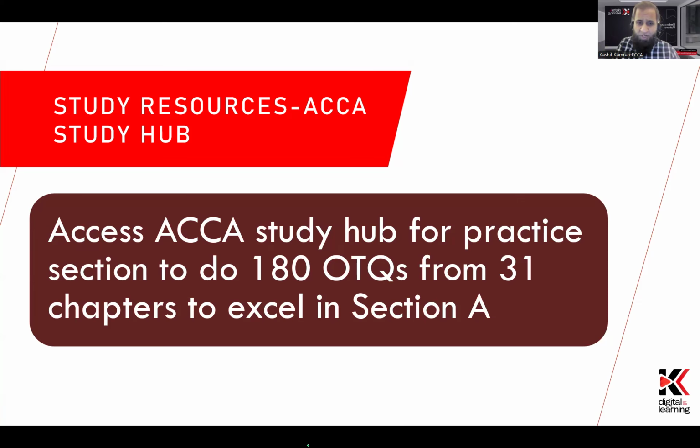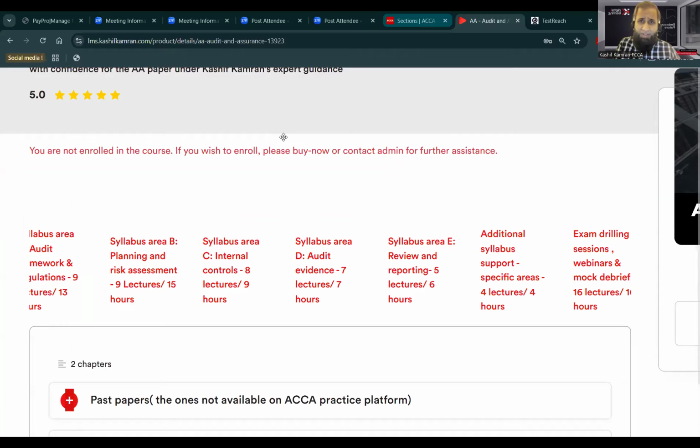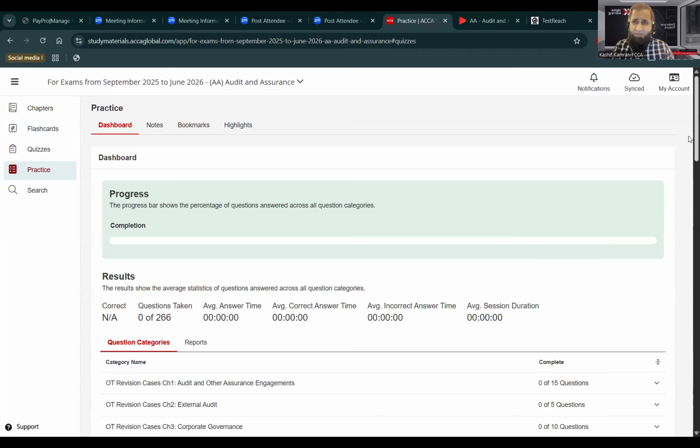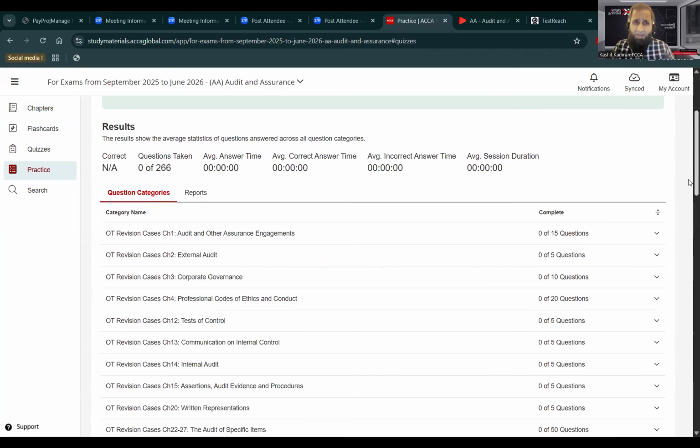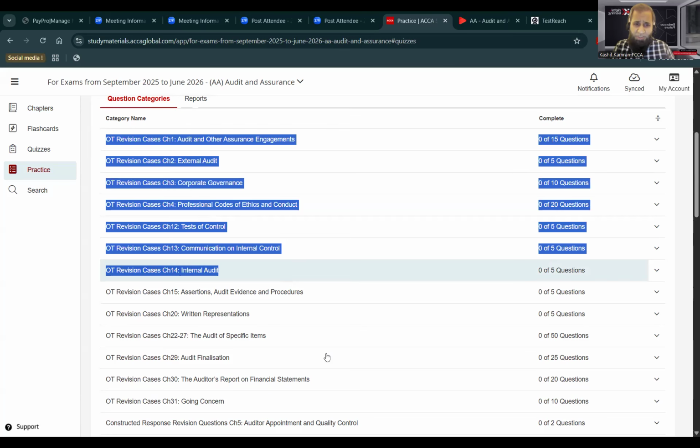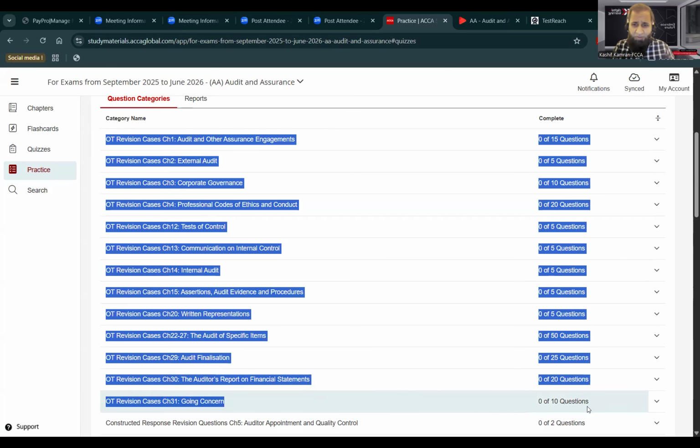When you log into your Study Hub and you look at it on your screen, you have on the left side chapters, flashcards, quizzes, practice. You click on practice and you will reach the practice zone of the ACC Study Hub. Right over here, you can see there are 31 chapters. Look at the blue highlighting I have done on the screen.